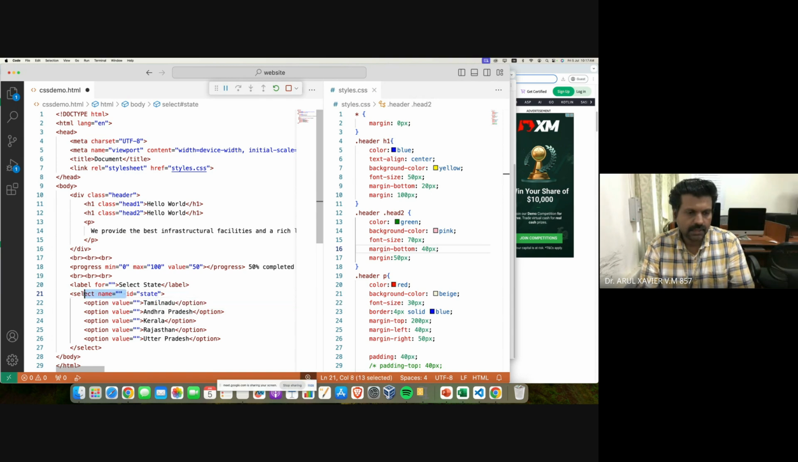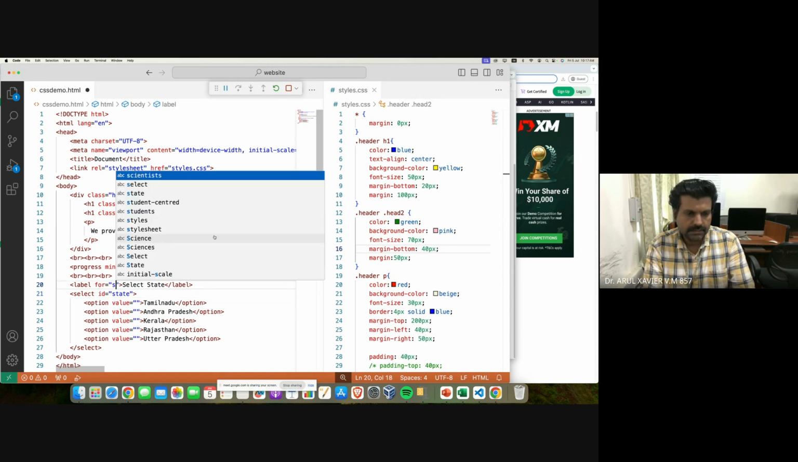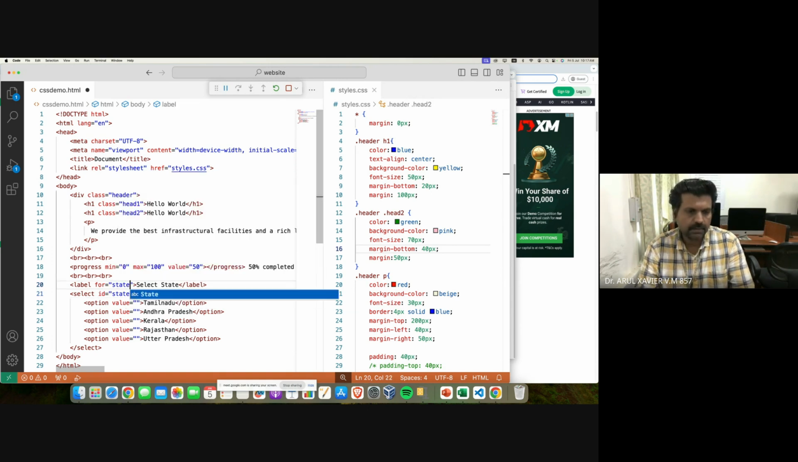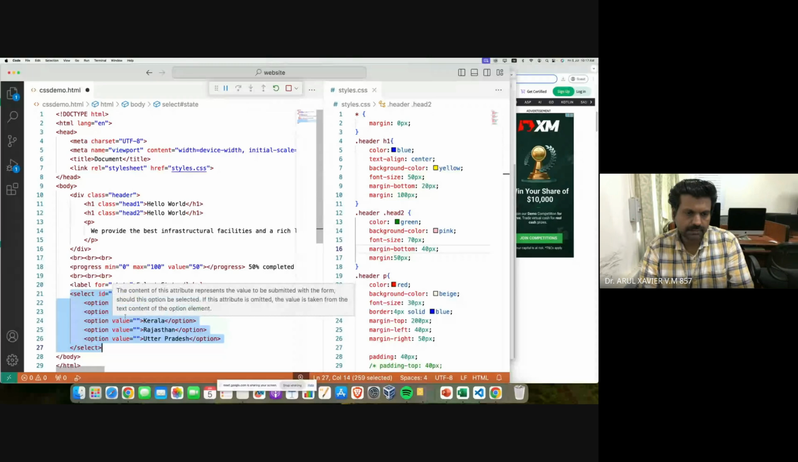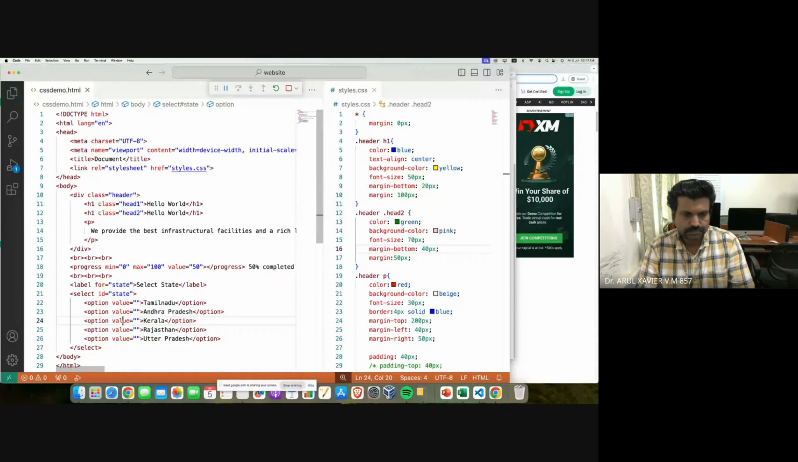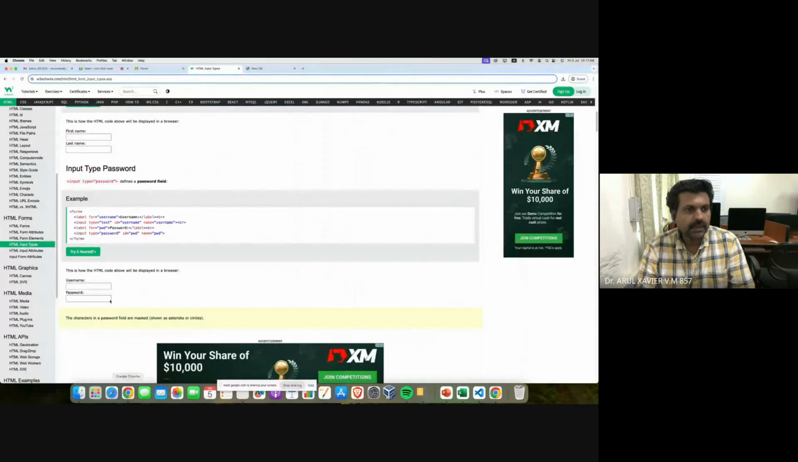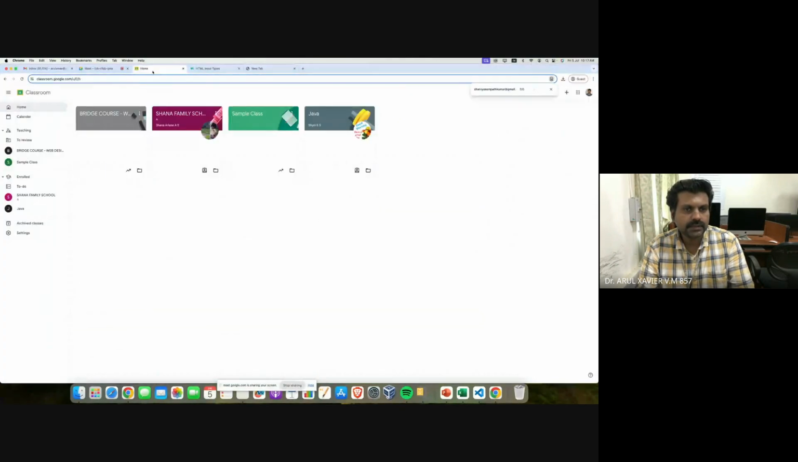Name as of now not needed. This ID we can link here, state. So the advantage is, when you click on this particular text, this combo box will be selected. Clear? So in the assignment what I have given is,